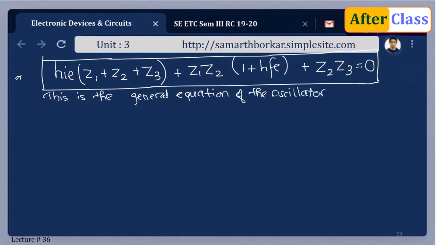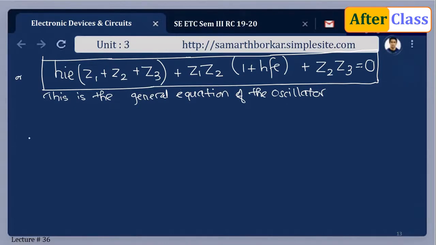Fine. So if in the exam it is asked to find the frequency of oscillations of a Colpitts oscillator, or for that matter a Hartley oscillator, you start with this particular expression, and before that the circuit diagram and the equivalent circuit are important. This is the beginning point, and again we have some more steps to follow. I hope this is clear.